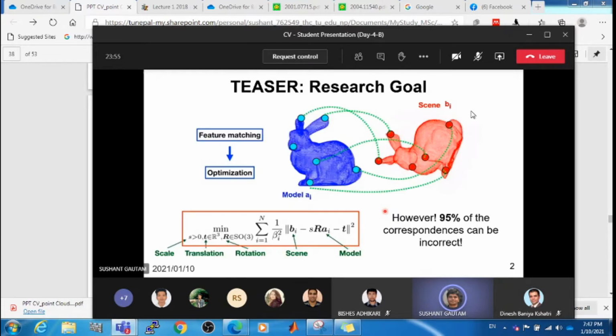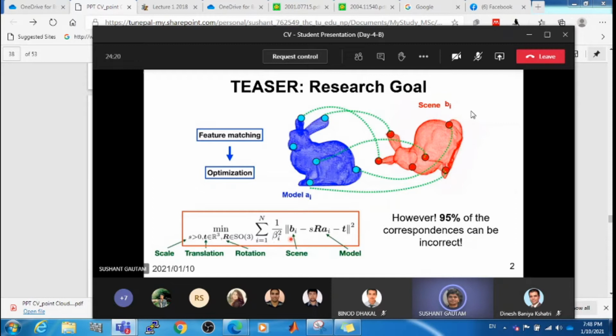Remember, point cloud algorithms solve an optimization problem like shown here that gives us three things. Scale, that is applied to the model with respect to the scene. Translation in R^3, that means normal Euclidean space. Rotation in SO(3), where SO means special orthogonal, that represents all rotations about the origin in Euclidean space. The remaining jargon is 1 by beta squared, which is just to normalize the error on each point. Beta is also called the noise bound.